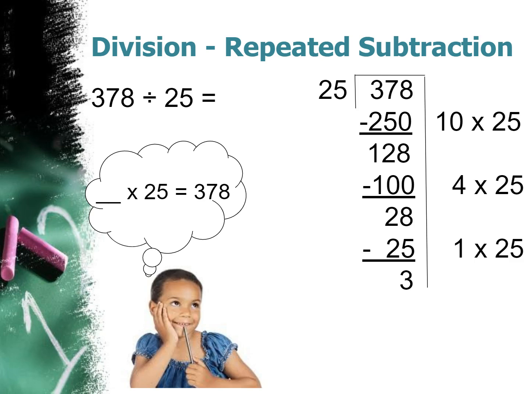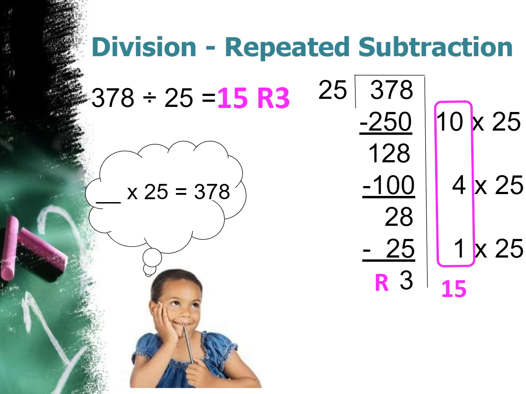Since we cannot make another group of 25, the remainder is 3. And we can see that 10, 4, and 1 would be 15. So we have 15 remainder 3. Of course, we always have to remember to consider the context. If there were 378 students traveling with 25 on a bus, we would need to round up to 16 to